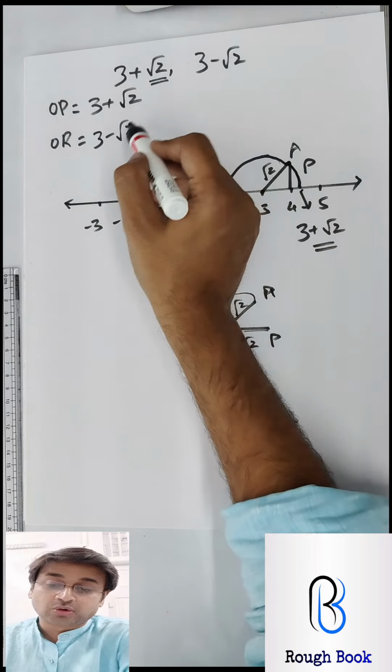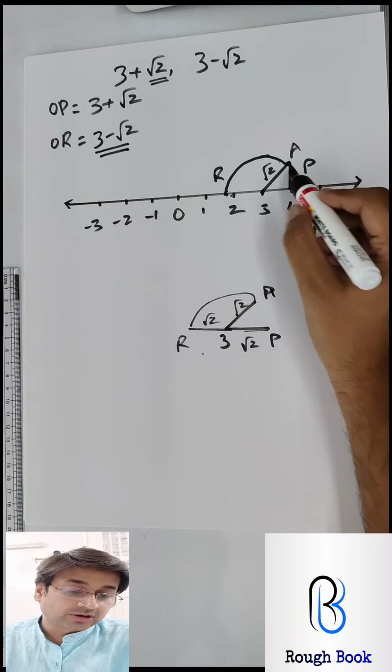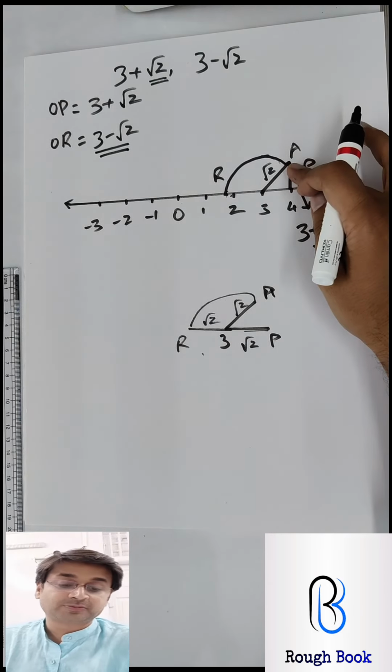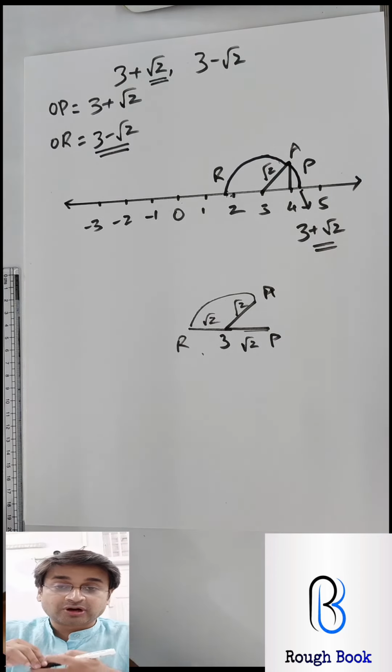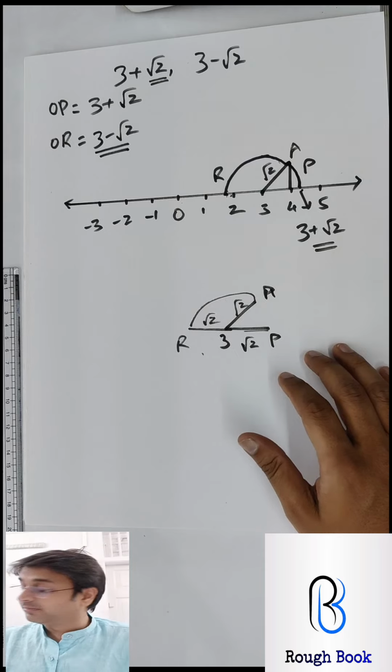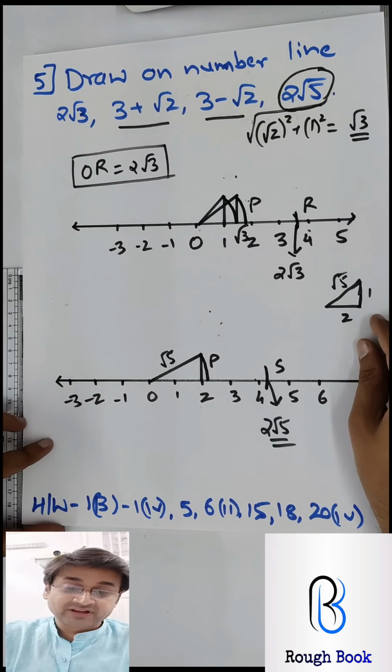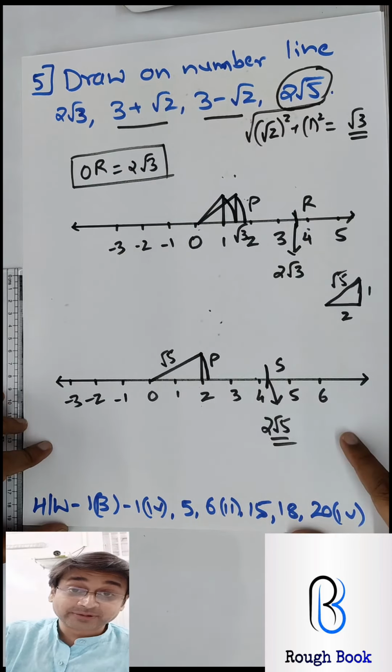So if they tell you to do only this minus 1, then you don't draw this side, you just draw on the other side. So this part will not be shown. Are you getting it now? So I hope I helped you to understand how to draw your number line very well, okay, especially these numbers. That means they are real.